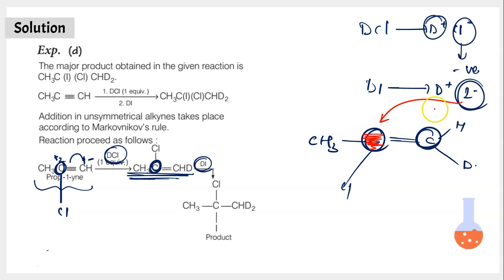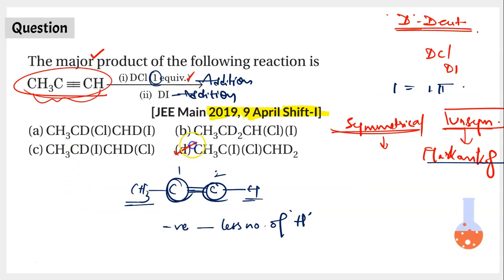So I do have the iodide ion attacking the carbon containing chlorine, leading to formation of Cl and I attacking on the same carbon, and the adjacent carbon will be having D plus attached. So the final product should be CH3CClICHD2, which is in option D out of the 4 options that we have here. As a quick summary, you're talking about addition reactions of asymmetrical alkynes, and in simple, follow Markovnikov's rule and conduct the reactions to write the product.